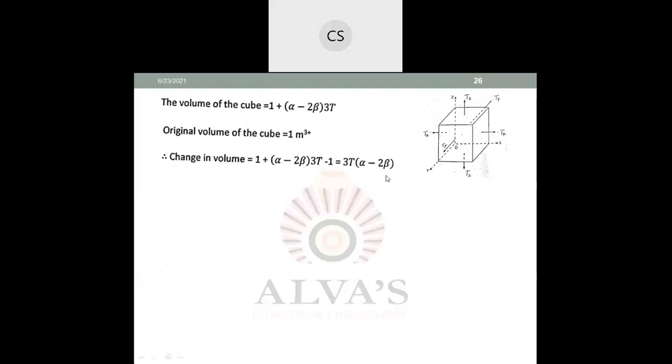So now you have the original volume of the cube and the change in volume of the cube. Therefore you can find out the volume strain. What is volume strain? Volume strain is nothing but,